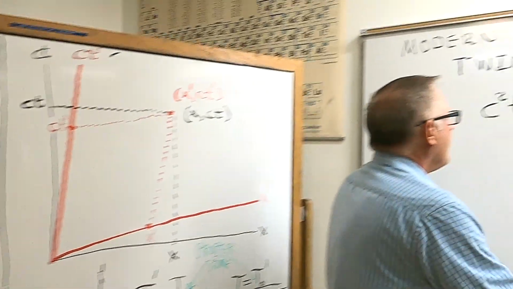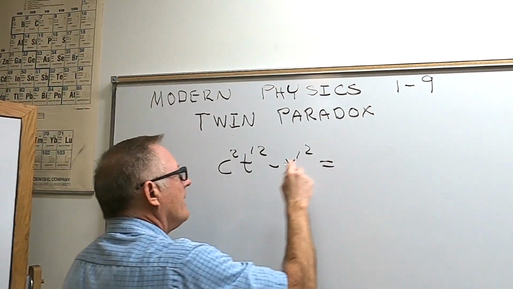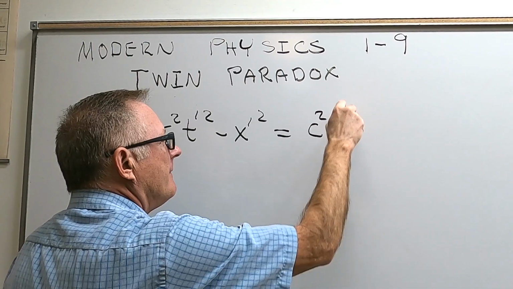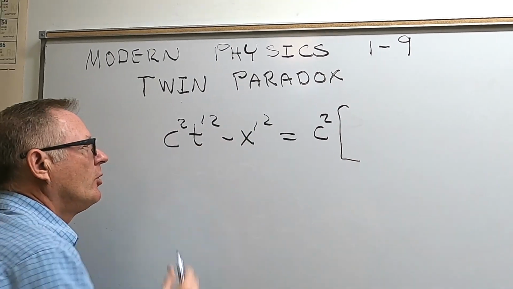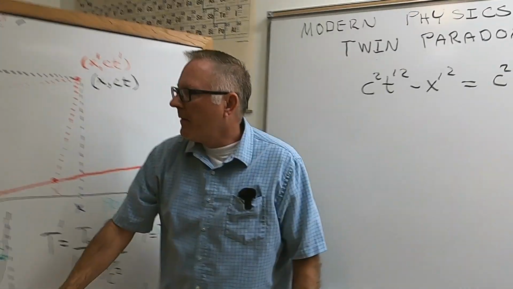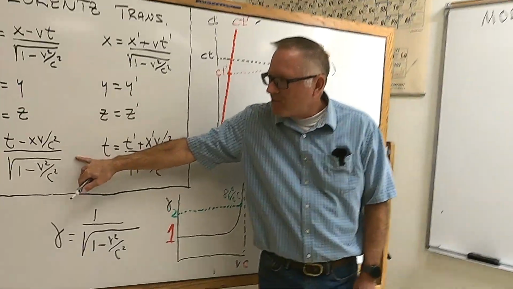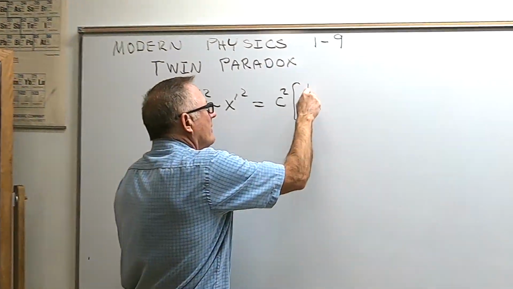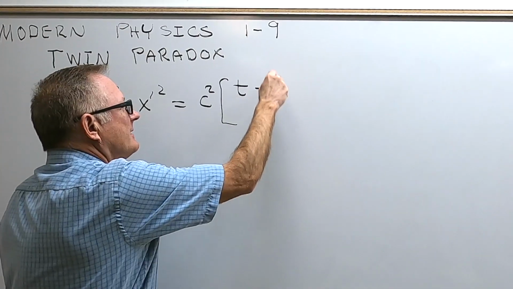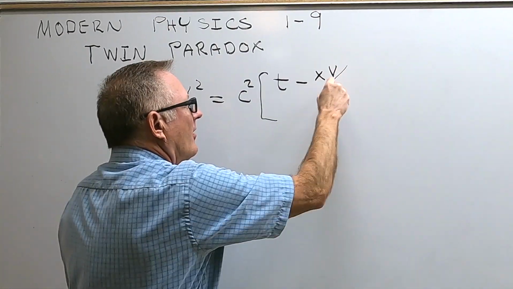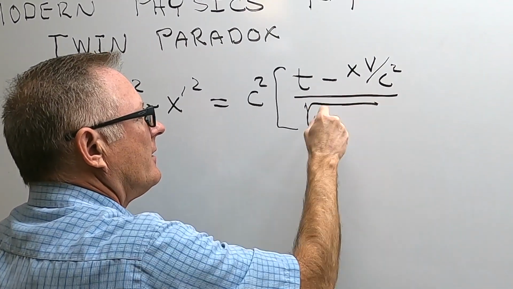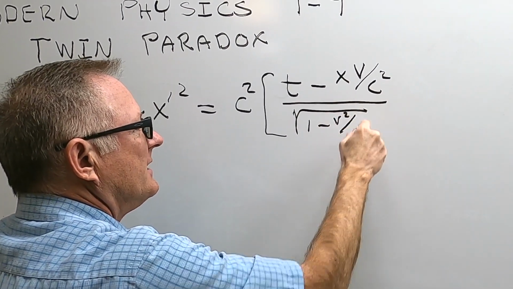If we do that, I'm just going to take the t prime, we have c squared, and then I'm just going to put in what t prime is. Remember, t prime is right there, so I'm just going to plug in that transformation. So we have t minus xv over c squared, all over the square root of 1 minus v squared over c squared